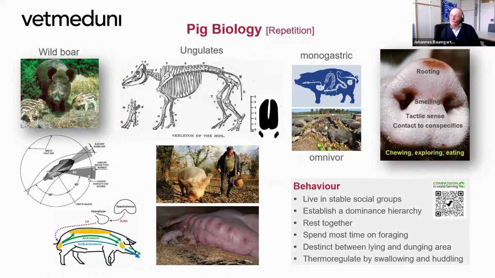They rest together, so you need some room during the night where they can rest together. They spend most of their active time foraging, 80% of the day, and they are very clean animals, which distinguish between lying and dunging area. So they define a place where they are lying, and apart from that, at a distance, they defecate,